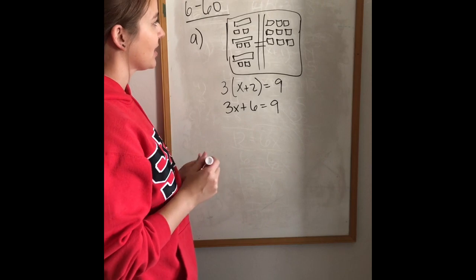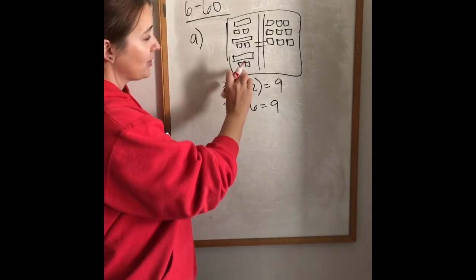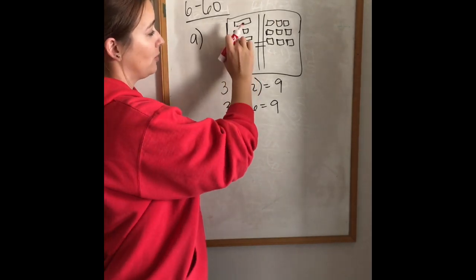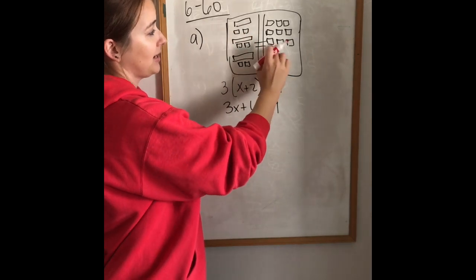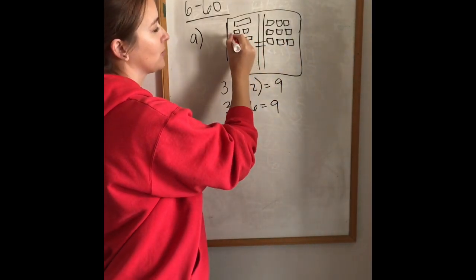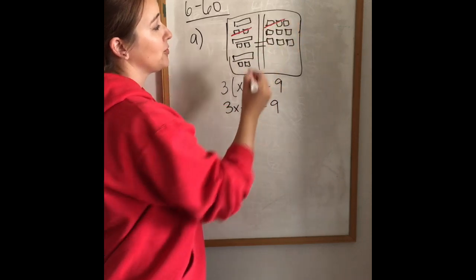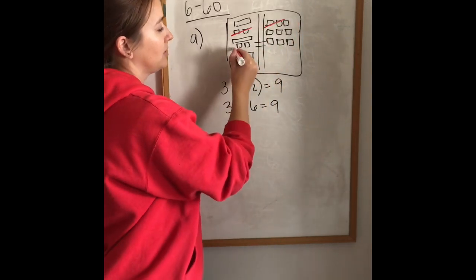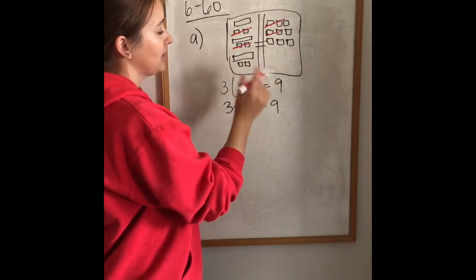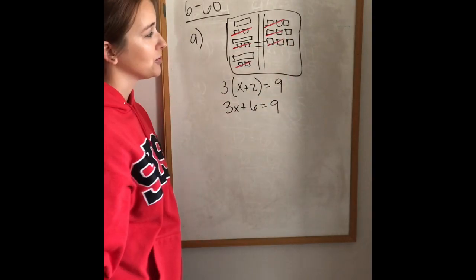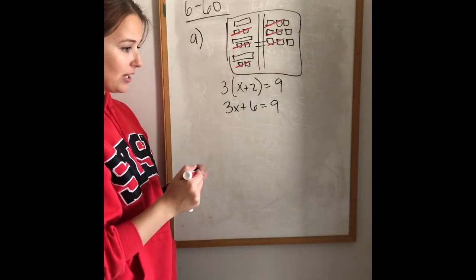Just gotta roll with the punches. Okay. What I notice is I can remove ones from this side and match them up from this side. So I'm gonna take a group of 2 here and a group of 2 here, and those can leave. A group of 2 can leave. Last group of 2 can leave. And I'm left with